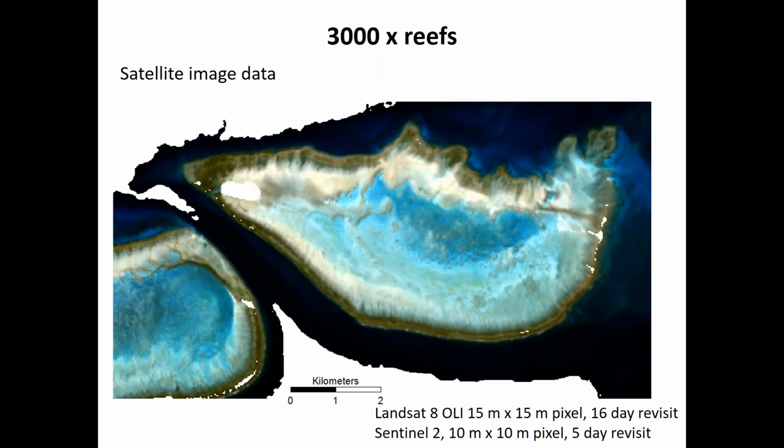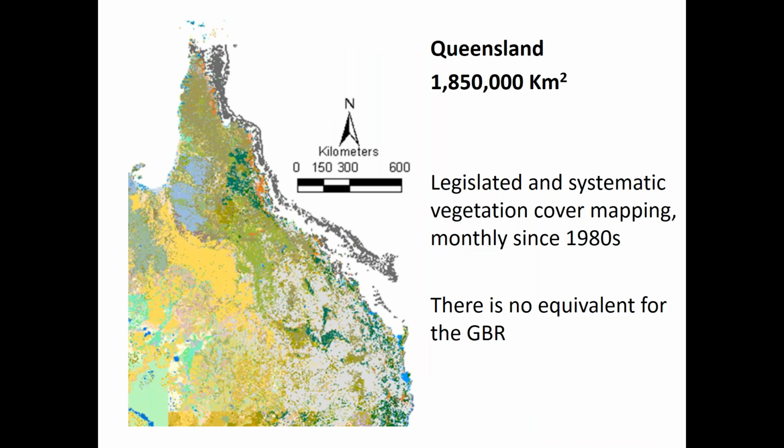Now, satellite images, as we know, cover it on a daily basis as well, but also every 16 days for Landsat and every 5 days for Sentinel, at different levels of detail for every one of the 3,000 reefs. If you compare the Great Barrier Reef, which covers about 345,000 square kilometers, with the coastline of the terrestrial part of Queensland, where the Great Barrier Reef is part of, then you realize that Queensland is being mapped on a monthly